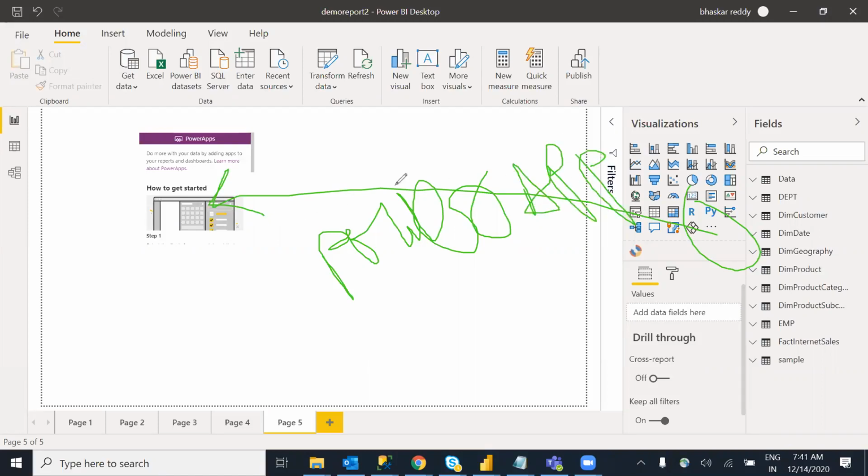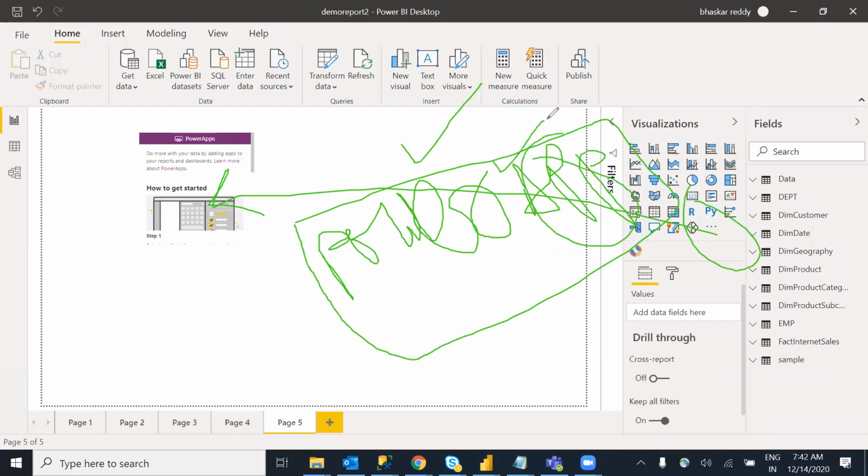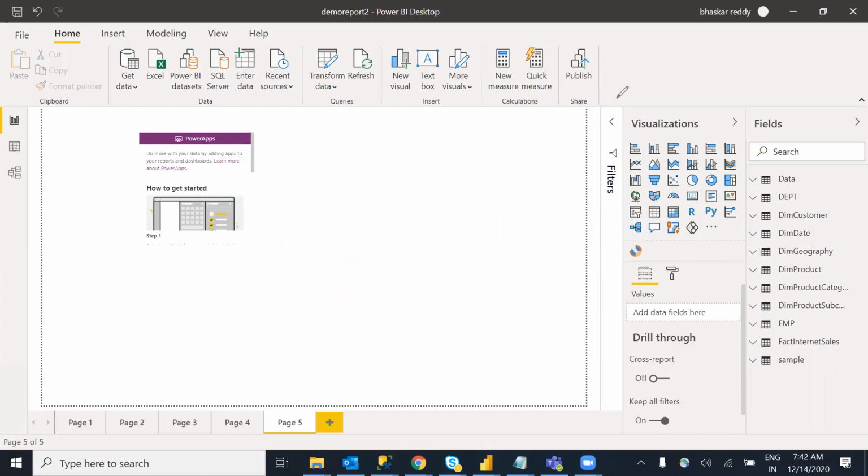Recently we have a super good demand for Power App also. Power BI is different, Power App is different. By using the Power App tool, we can create mobile-based or desktop-based apps. That is a separate tool altogether. So sometimes they want both things, a Power BI and a Power App as well.